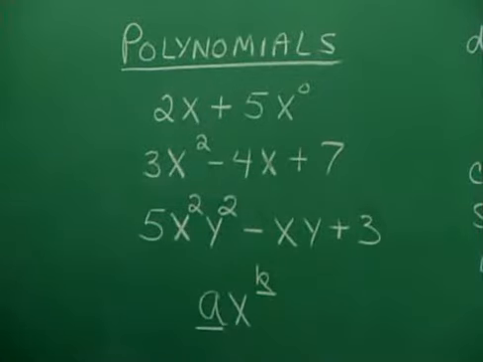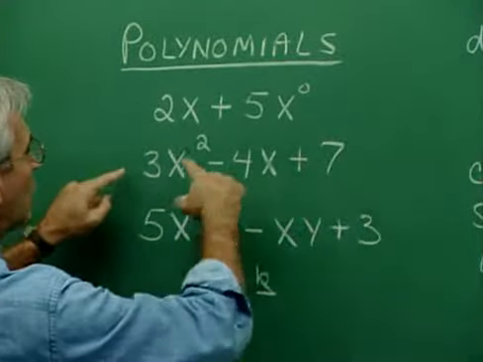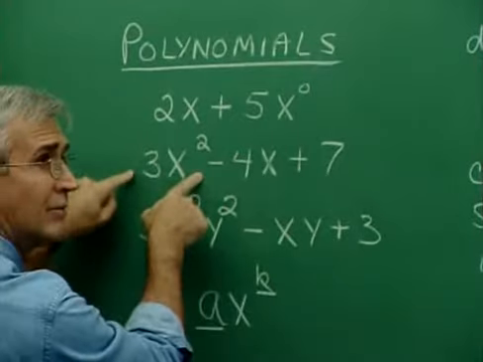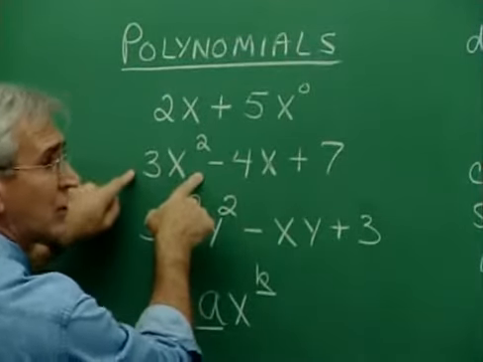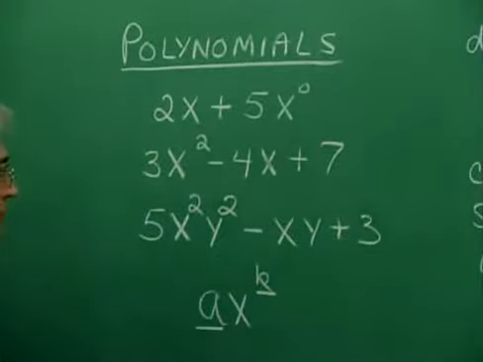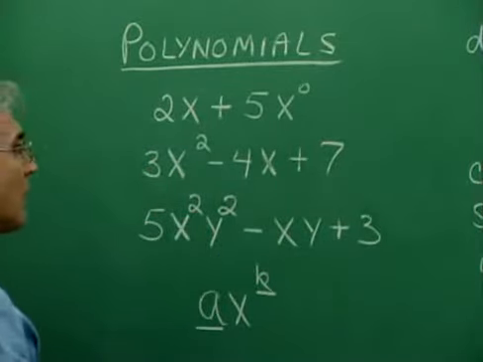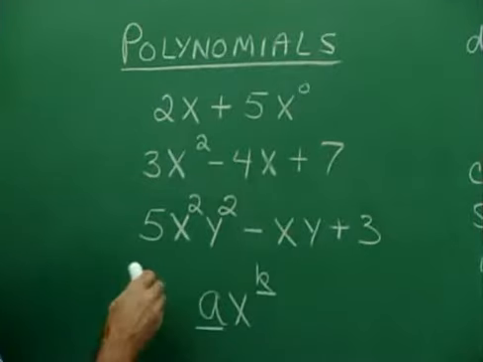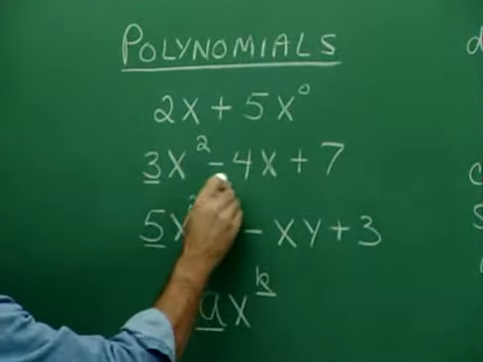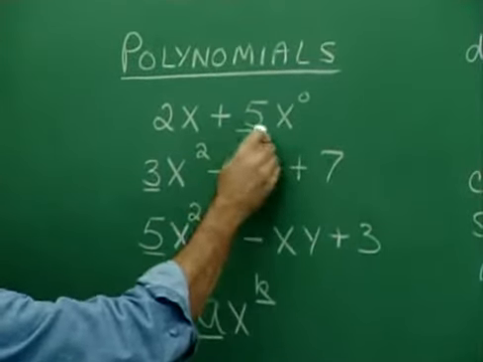Now, the polynomial has degree as well. This is a second degree polynomial because the term of highest degree is 2. This is the term of highest degree, and it's a second degree term, so it's a second degree polynomial. Coefficient refers to the number part in a term. The coefficient in this term is 5, the coefficient here 3, the coefficient here -4, the coefficient here 5,